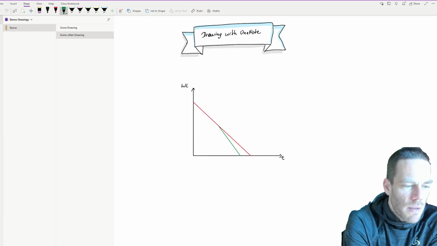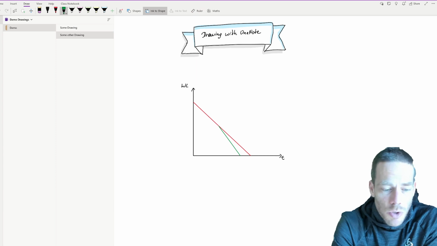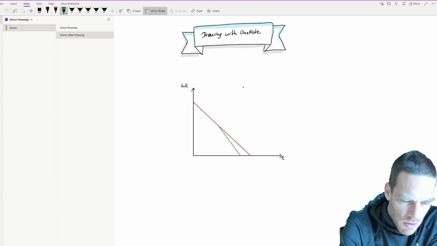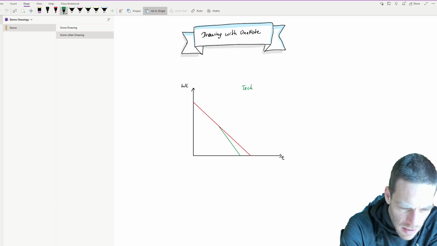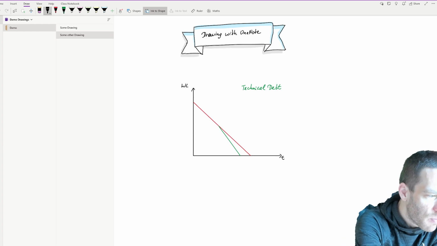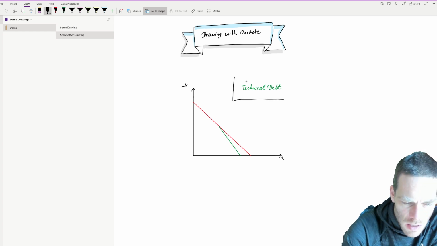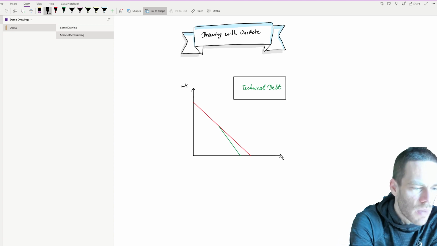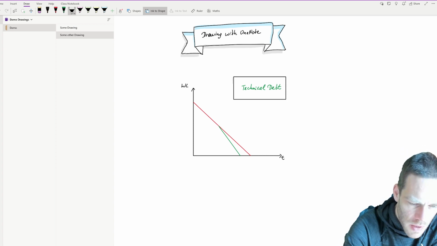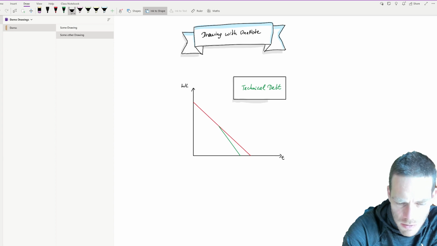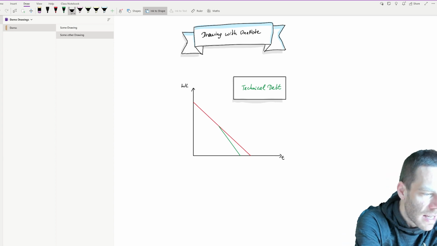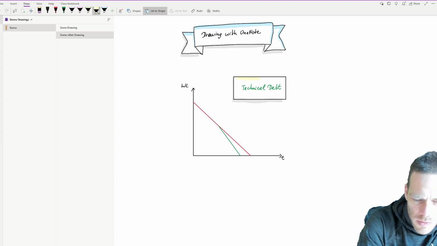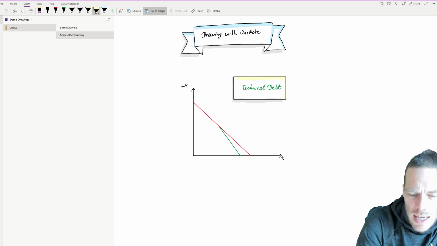What I also like very much is the functionality of ink to shape. For example, if I want to write that this is technical debt, and I would like to put it in a box, then this should realize that this is a box and automatically turn it into a shape. This is again a feature with the boxes that I like. This is very comfortable. But for plain drawing,